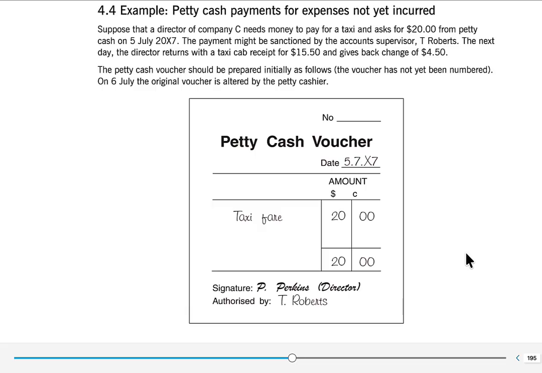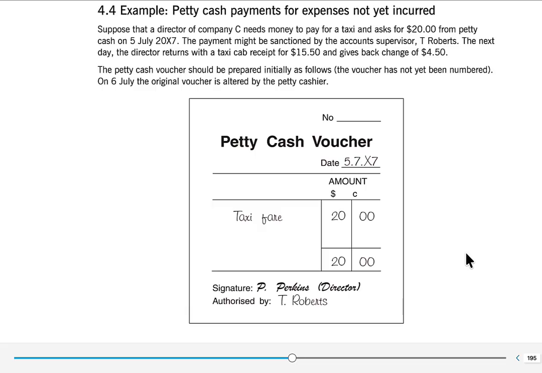Step 3. The director returns the next day with the receipt and the change. On the next day, which is the 6th of July, year 20x7, the director comes back. Now we finally know what the taxi really cost. The taxi receipt shows